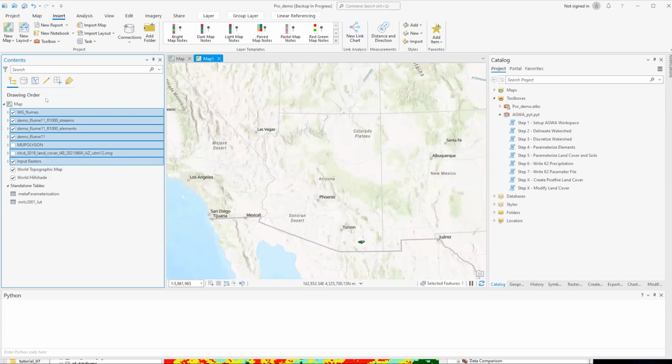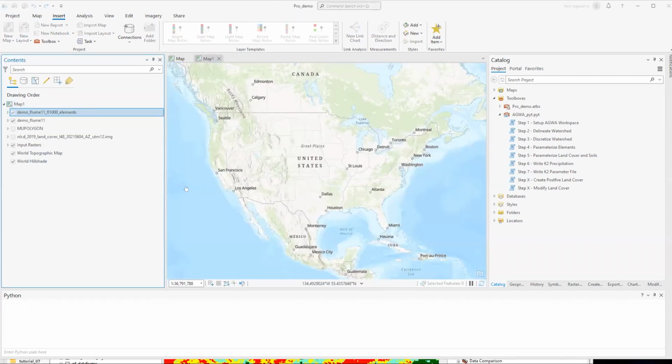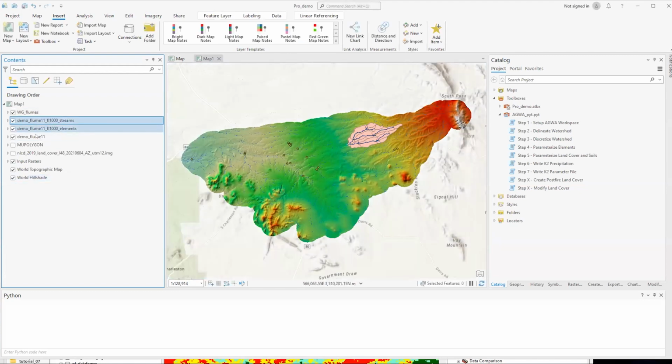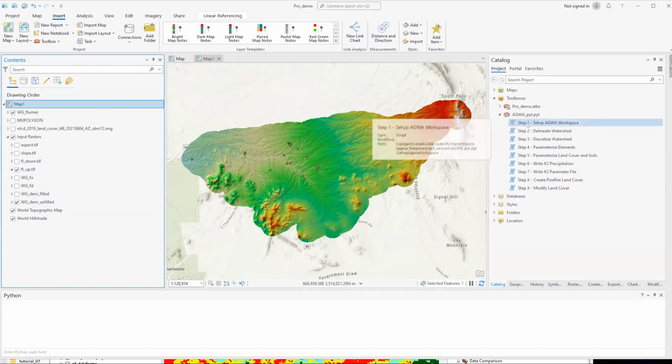I've added in the data I want to use for my modeling. Some of this I've already created, so I'm going to get rid of that. So basically, I've got my DEM, which I've symbolized with a hill shade and color ramp. And then I've got a bunch of DEM derivatives that I've already created that we're going to use to set up the whole